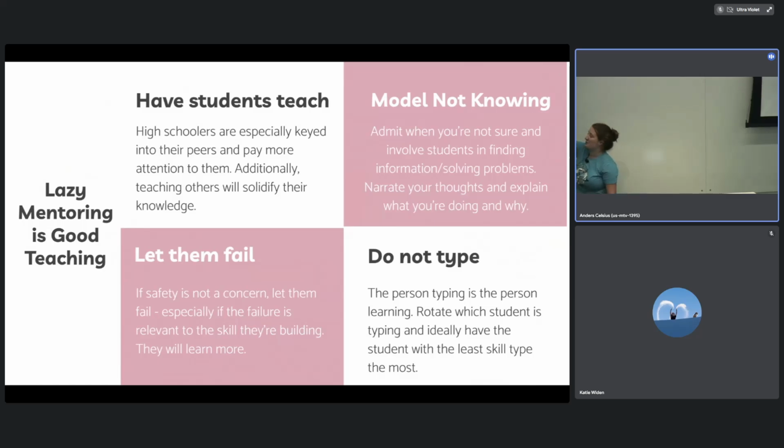And then this one's really, really, really important. Unless you're in a situation where it's way beyond the kids, never type. Whoever is typing is the one learning, which is why I don't like having big groups. So when I have multiple students programming on a single task, always, always, always have the least experienced person writing. They might just be the robot that is hitting the letters and someone else is doing the thinking, but they're going to get so much experience just by typing.